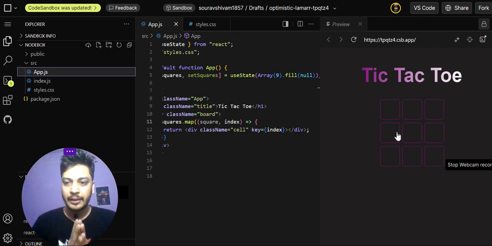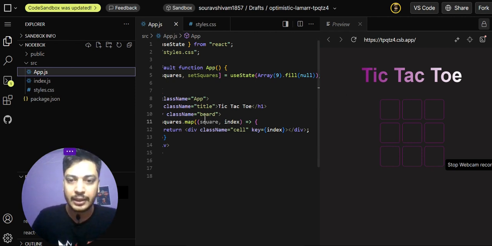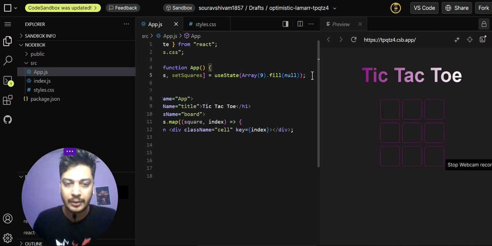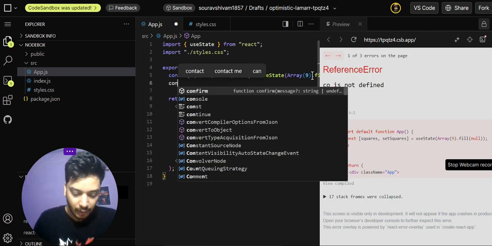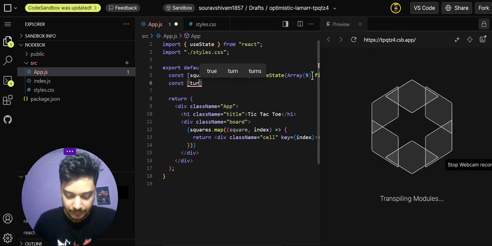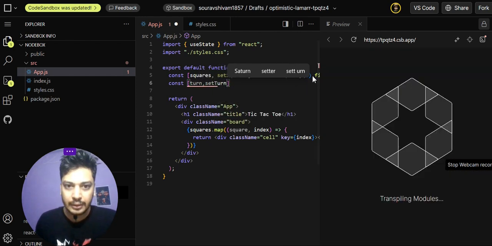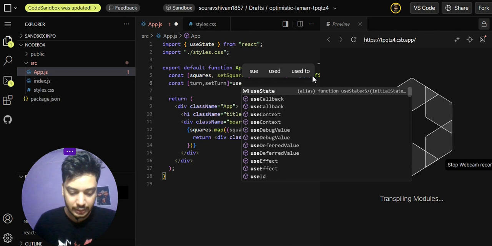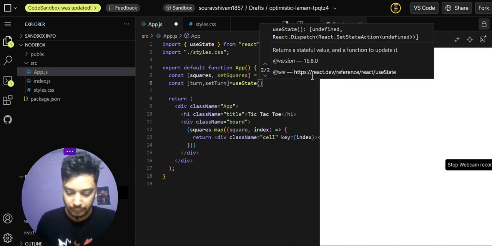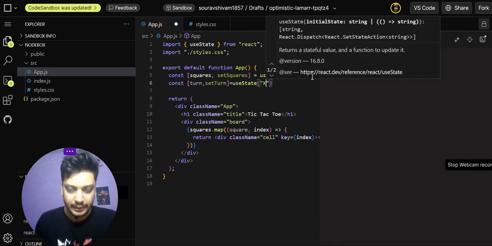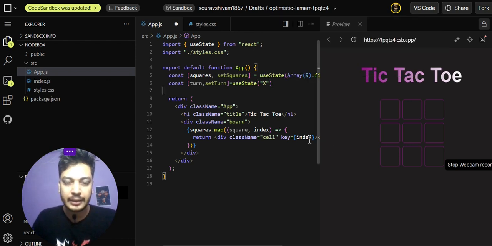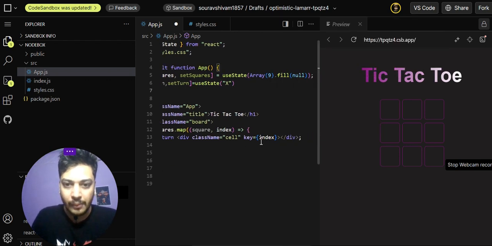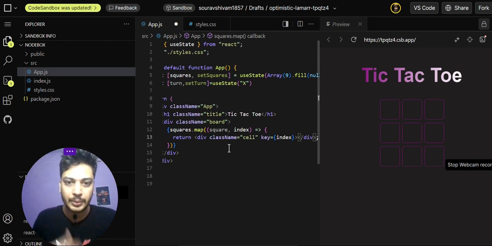So if we can create a state variable with the value X and O switching alternatively, then we can create the logic by that. Let's say we create a state variable called turn and setTurn. Then we can have the useState as either X or O. Let's start with X initially, then we can say that it will switch to O